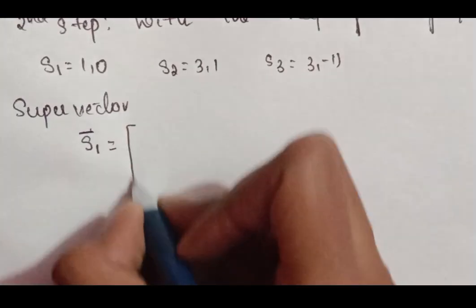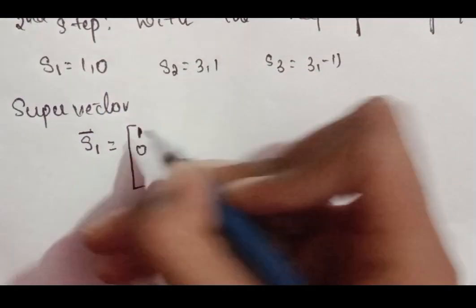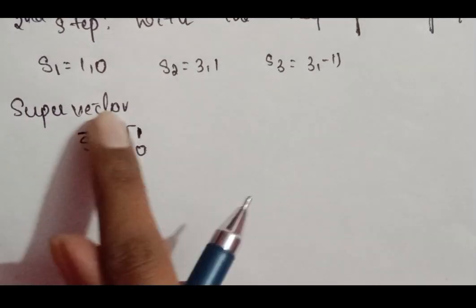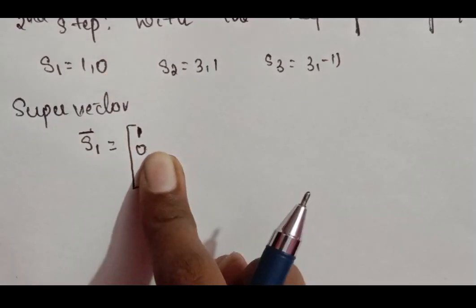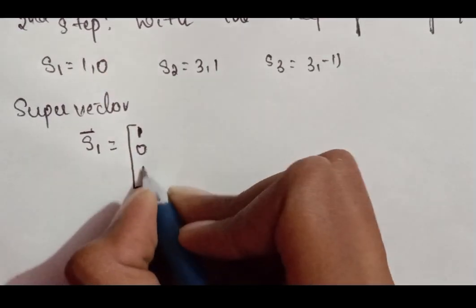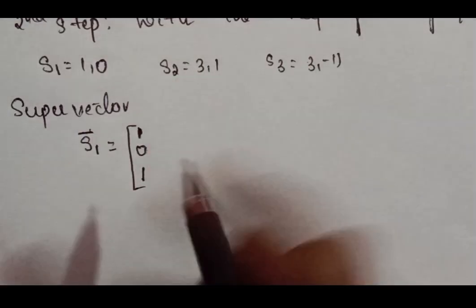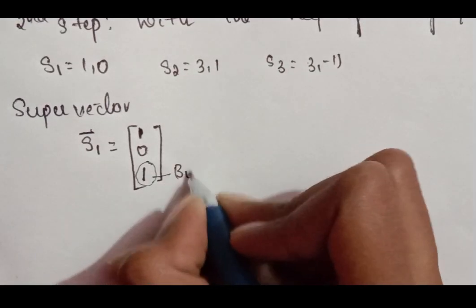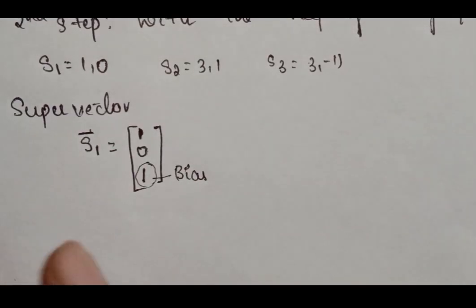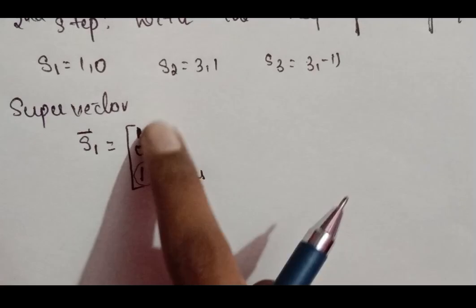So here there is a condition: write 1 0 the same way on the column-wise. I am considering the super vector S1 bar, that is a vector. So write down 1 and 0, the same thing. Here, by default you need to add the bias, that is 1 for all the terms. So this is nothing but a bias for every super vector, which is compulsory to write, a 1 at the end of the given